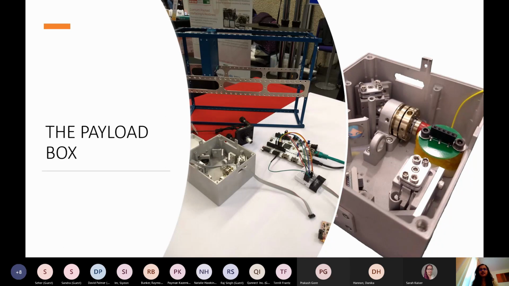Right, and this is a picture of the payload box as it looks now on top of my table in my office. You can see the little blue frame. This is the actual CubeSat frame, the CubeSat bus that we will be using. This little box is the QKD box, which has somehow fitted in quite a lot of miniaturized optics. I have taken out the electrical board piece, which goes on top of the box, and it has all of our embedded electronics in there.